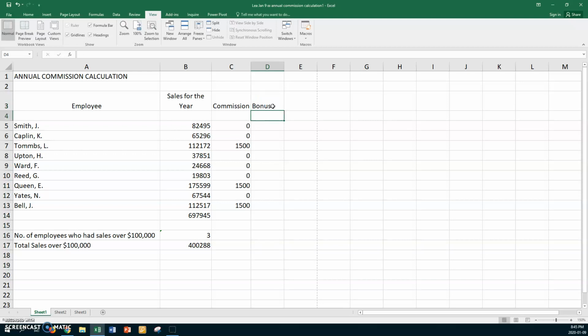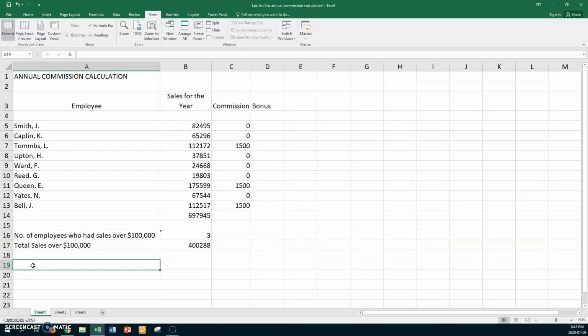Okay, and press enter. And now it says to us, use an if statement to calculate a bonus for the employees if their annual sales exceed 100,000. The rate will be 1.5% of their total sales, otherwise they get 0. And it says reference the 1.5. So it doesn't matter to me where you put it, but you've got to put it somewhere and reference it, okay? So therefore, I'm going to go to A19